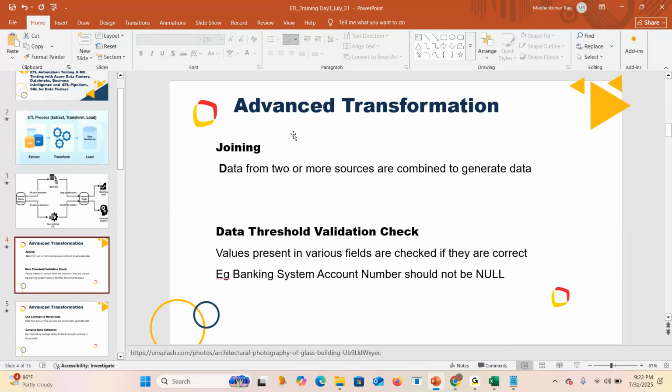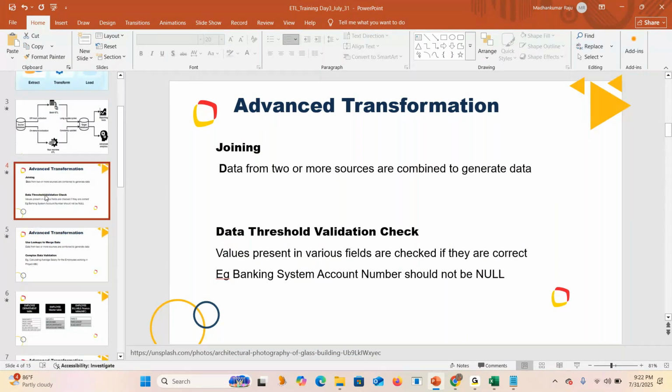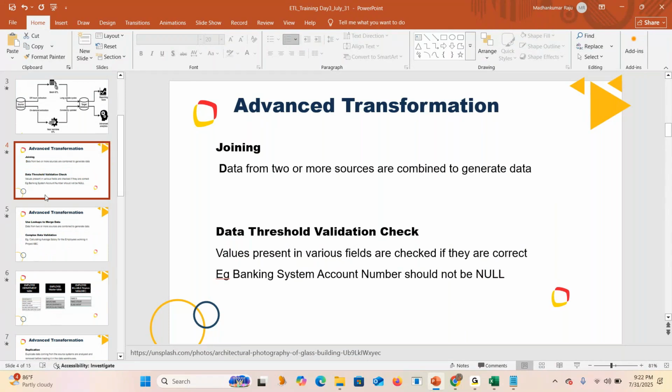So joining. What is joining? What is the need for joining? Any ideas? Joining means you're merging two tables. We use joins because we need to extract data from different tables having some common condition. To check the relationships between the data, the relation between two tables having common columns.